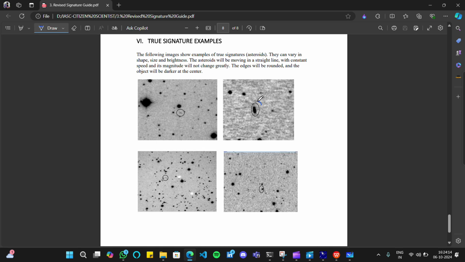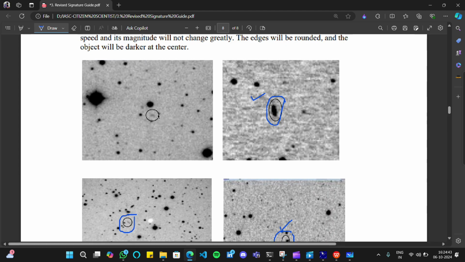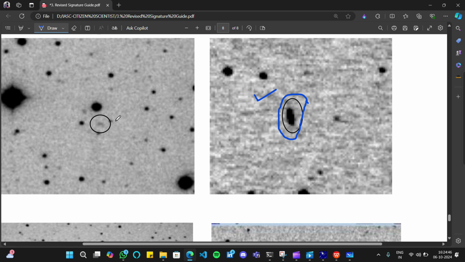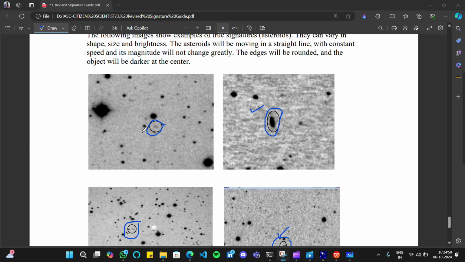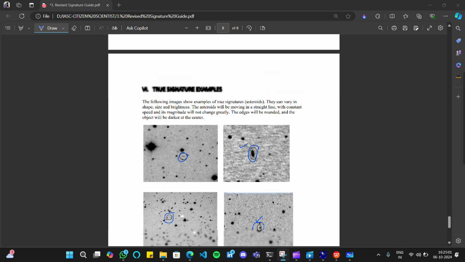Here you can see a small asteroid. These are the shapes of the asteroid mainly found in the images provided by the Pan-STARRS telescope. This is the most commonly found asteroid. This kind of small dot-like structure is most likely an asteroid. You can see this also, and let me zoom in. Here you can see this kind of small gas type, and a very small shade type. These are also asteroids. So you have to keep these four images in your mind.